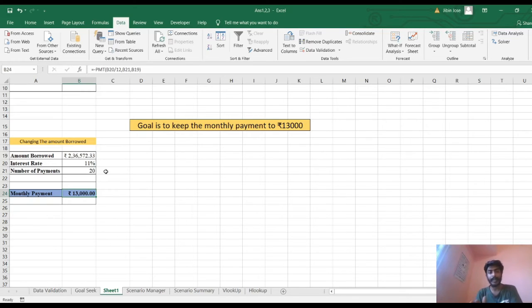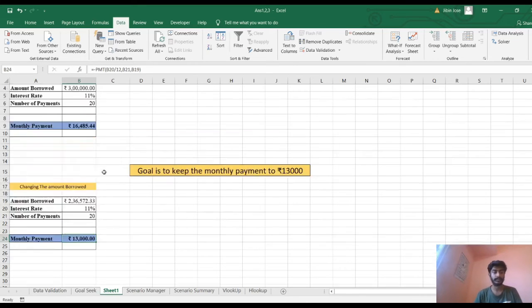So the goal that we kept was 13,000, and using Goal Seek, it has given me a particular amount automatically, with the same interest rate, the same number of payment months, and the goal that we kept, that is 13,000.